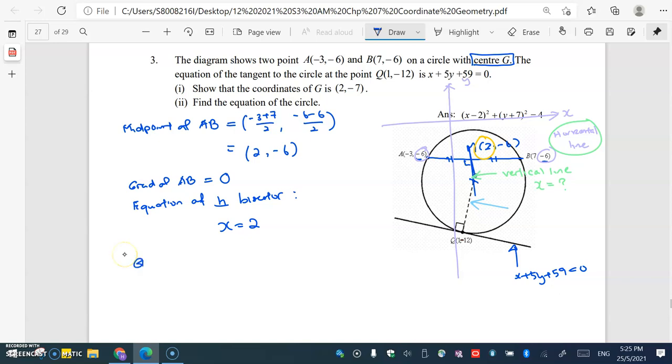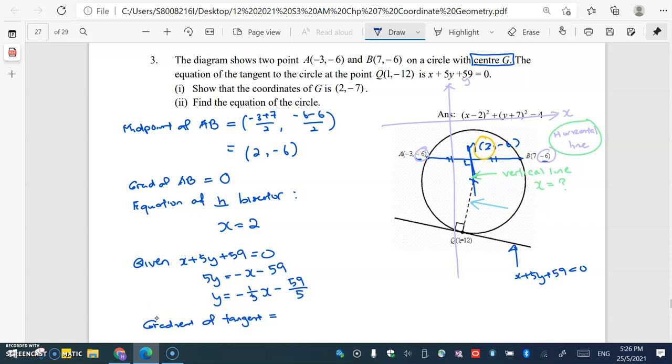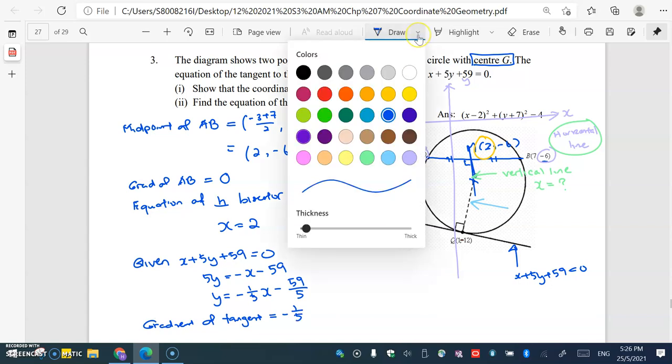We know that given this line here, x + 5y + 59 = 0, the gradient of the tangent, rather. So we know that 5y = -x - 59, y = -1/5 x - 59/5. We know that this is the equation of the tangent. So therefore, the gradient of the tangent is actually -1/5. So to find the gradient of this purple line here,